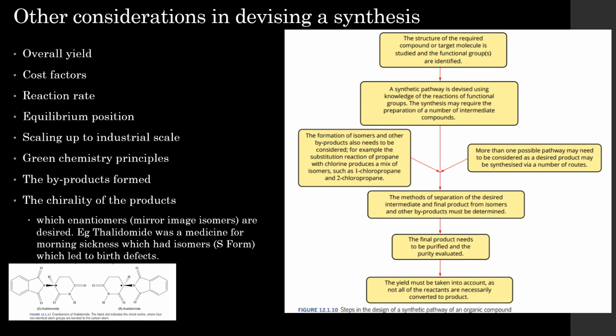So remember, that's Markovnikov's rule. Now, it's going to favour the one that you don't want generally. Now, more than one possible pathway may need to be considered. So remember our example with ibuprofen as well. We've got the brown and the green pathways. So more than one possible pathway may need to be considered, as a desired product may be synthesized by a number of routes. Now, the methods of separation of desired intermediate and final product form, isomers and other byproducts should